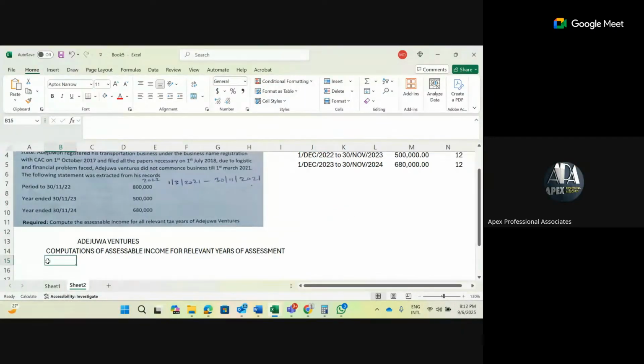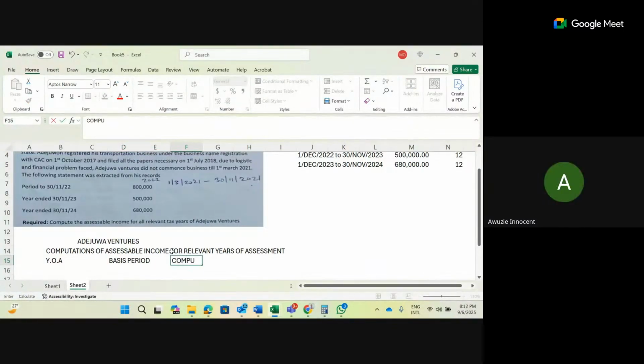Okay, so take note. Year of assessment, YOA. Basis period. Computation. Let me compute. Just put it like that. Let's say